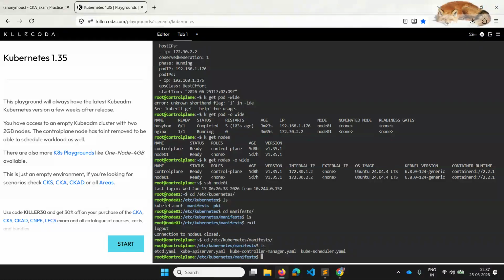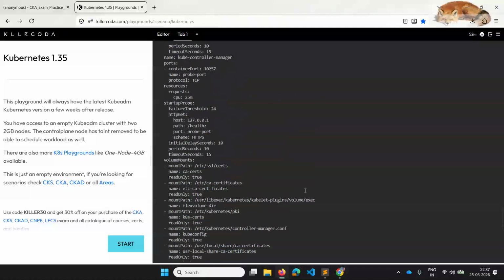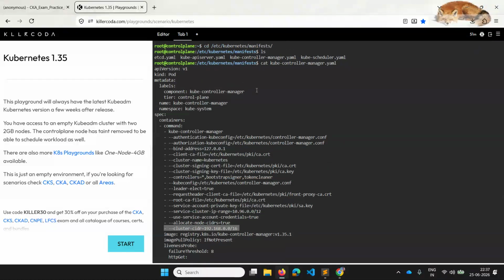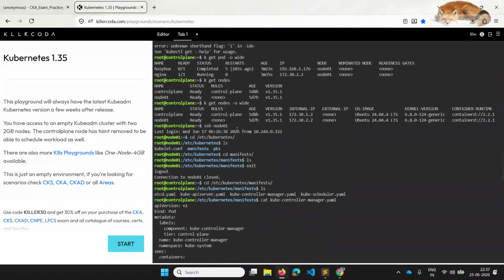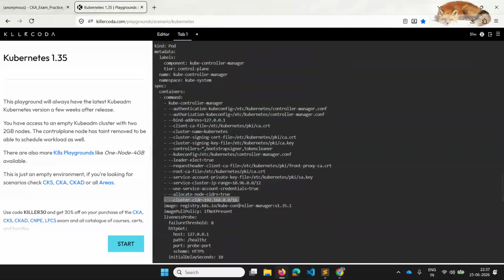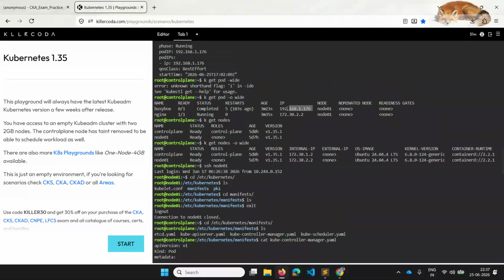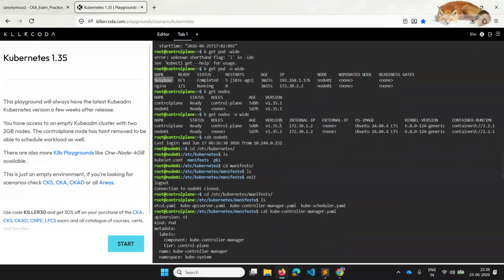So you can do cat kube-controller-manager.yaml, and here under the containers, this is the CIDR range, right? Out of this, node01 got assigned some number of IPs, and out of which one of the IPs is assigned to BusyBox. So that's how it works. BusyBox got the IP address from the pod CIDR range, and the nginx container is getting the same host IP address.